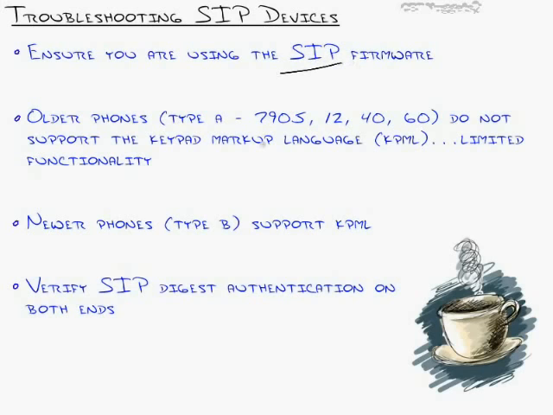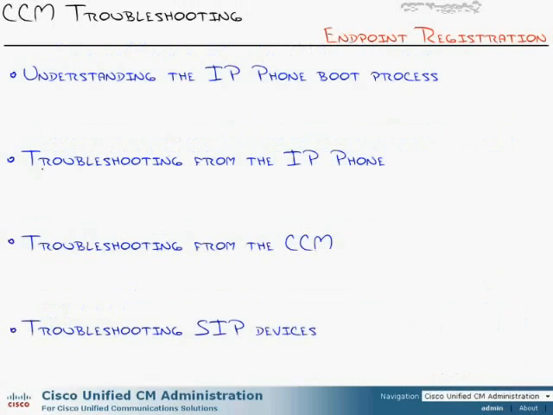A lot of times, the phones ship with skinny firmware on them. You'll have to change them and upgrade them to SIP firmware if you want to do that. And then if you're using digest authentication, you can actually authenticate the phone. Make sure that both ends are configured correctly with the correct digest to authenticate accurately to the server. So probably one of the biggest areas of troubleshooting that'll hit you right up front,